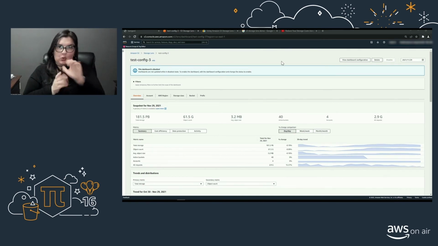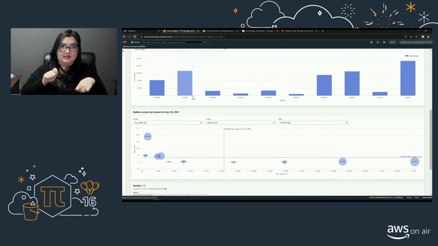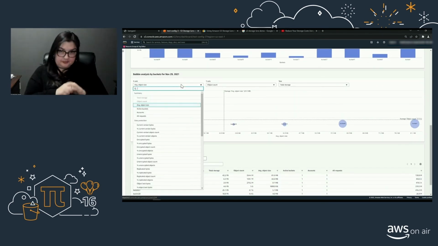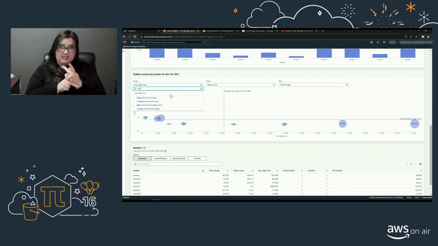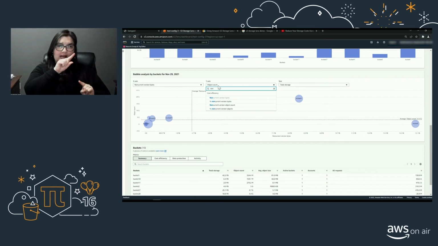To do this analysis, we'll go to the Bucket tab and scroll down to the bubble analysis. We're going to set non-current version bytes for the x-axis, the percentage of non-current version bytes for the y-axis, and leave total storage as the size dimension.